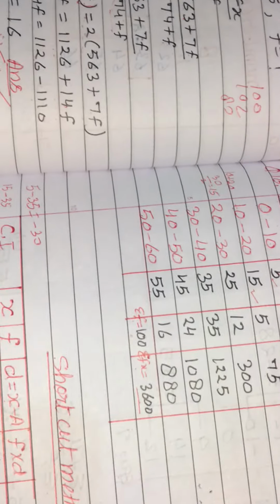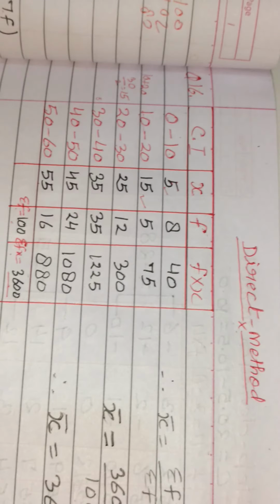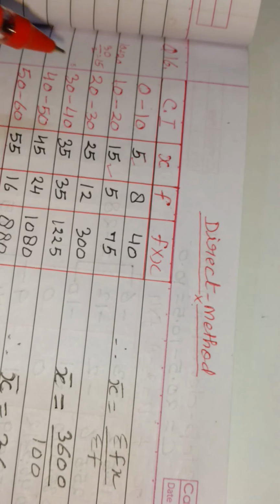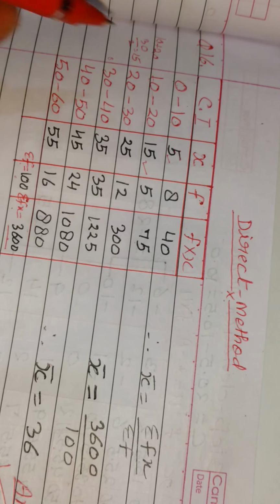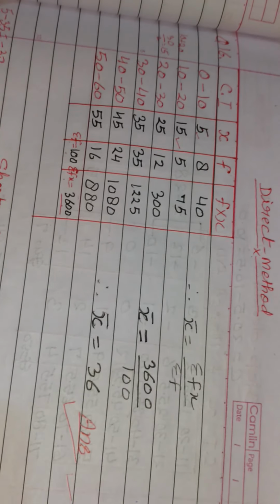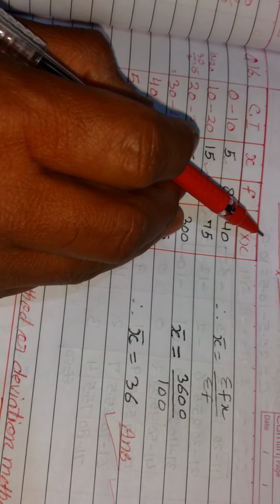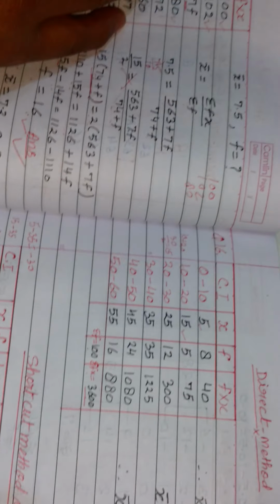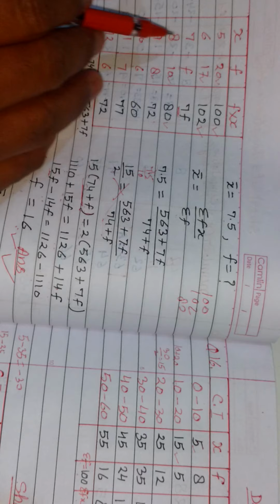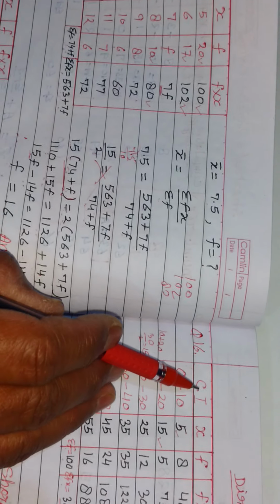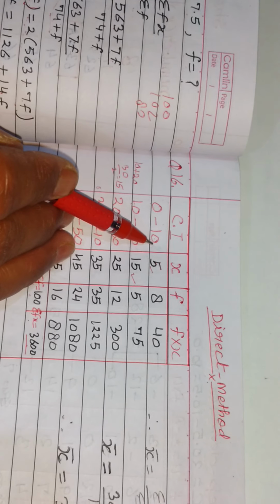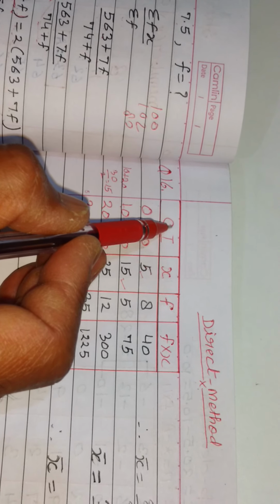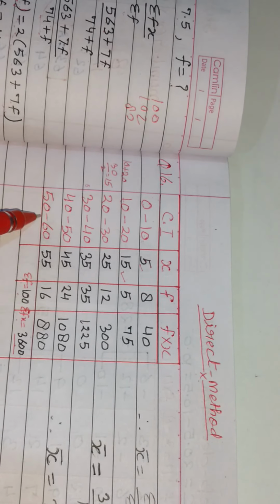Now let us do question number 16. Children, this question number 16 I am showing you by all the three methods. First I am showing by the direct method. Till now, you know, x was given directly. Instead of x directly, now it is given as a class interval. X is given in the form of intervals now. So first make the table, first the class interval.